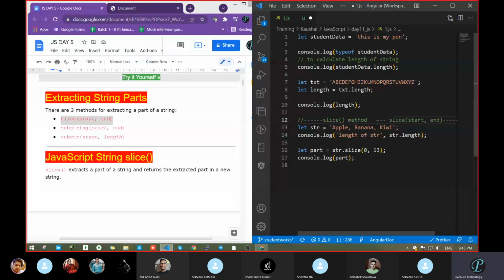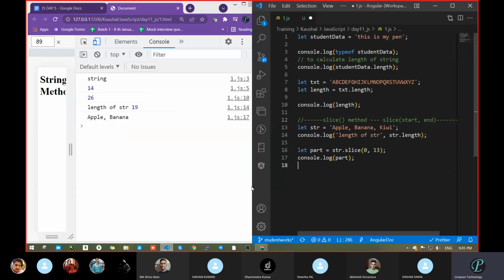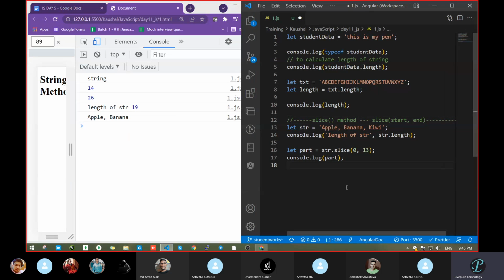This is your starting index, meaning from where you want to slice. So we started from 0. Maybe you're thinking 0 means neglecting. No issue, take 1. Let's save.